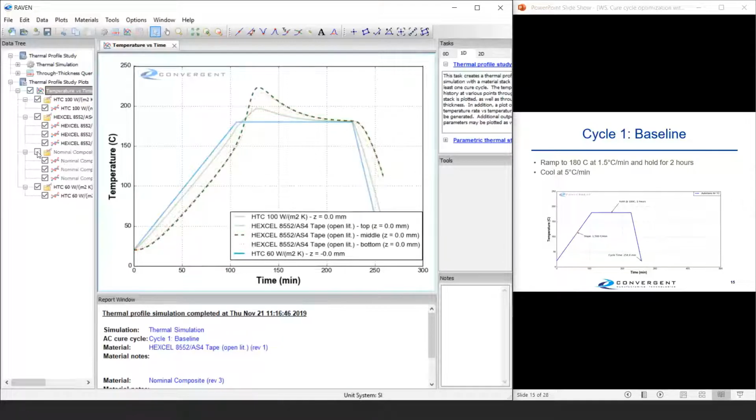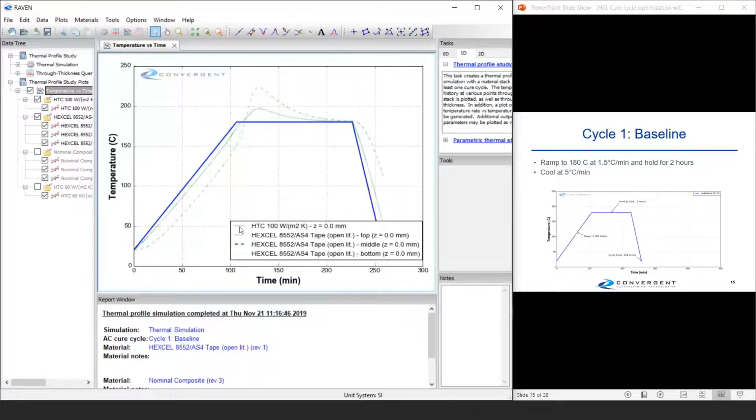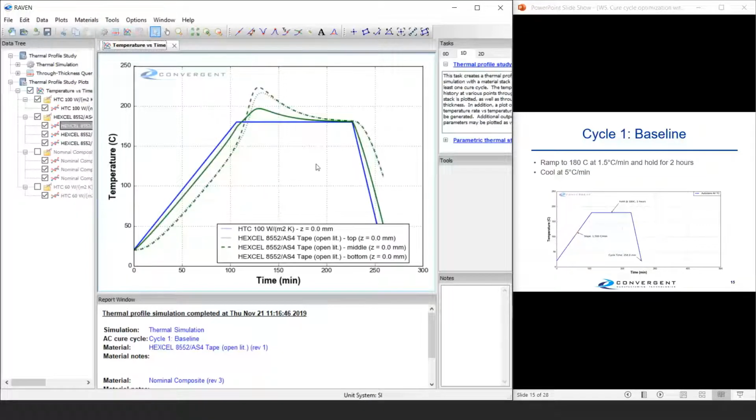The nominal composite I'm going to just hide, and actually the bottom, which is the same heat transfer coefficient at the applied temperature, I'm going to hide that as well. And so we end up here with a plot that looks exactly like I have done here. But the first thing that we see is that this exotherm is going to be most likely problematic. And so if you were to actually parse this,